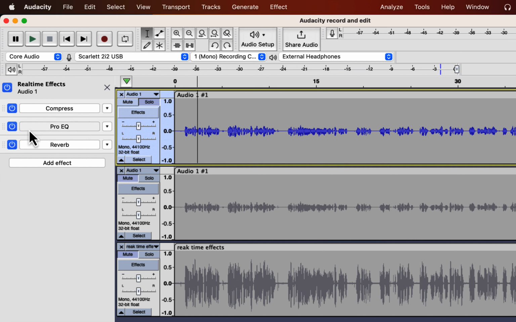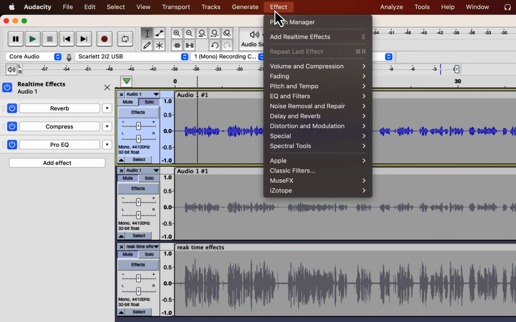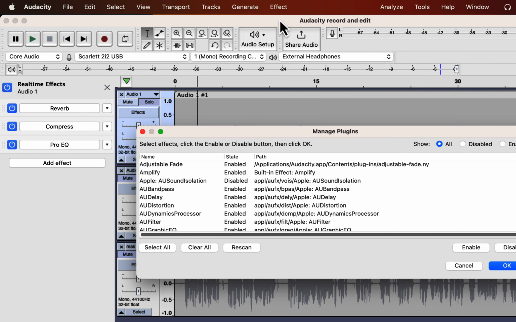During the export, I get the sound I am hearing now. So I feel no necessity to mix and render real-time effects in the track. You can rearrange these effects stack. Though I do not hear any difference in rearranging in this way, Audacity may have plans for this in the future. If you have installed any third-party effects and do not see them in the effects list, check if that